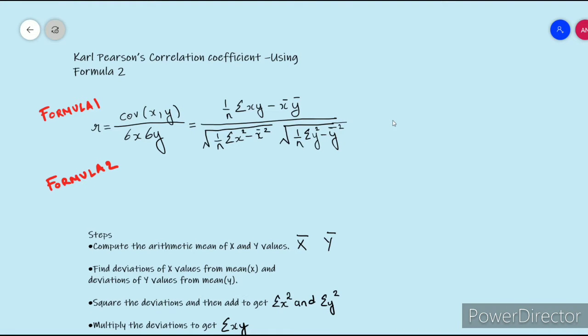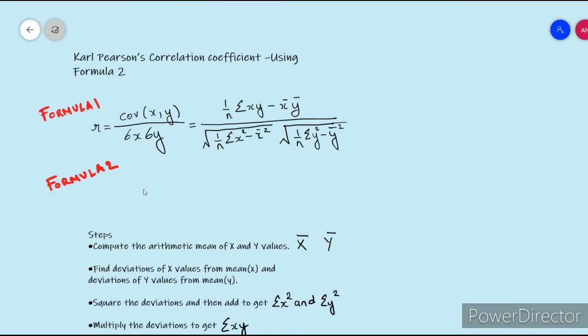Now, Karl Pearson's correlation coefficient. In the previous video, we've already mentioned that it is based on the concept of the covariance. In fact, this is just a slight modification of the covariance formula, where the correlation coefficient, denoted by R, is equal to the covariance between variables x and y, divided by the product of their standard deviations. So let us call this formula 1, because we have another formula which is a slight modification of formula 1,